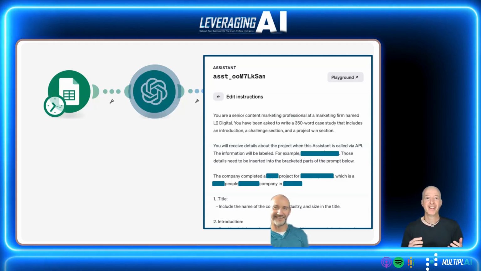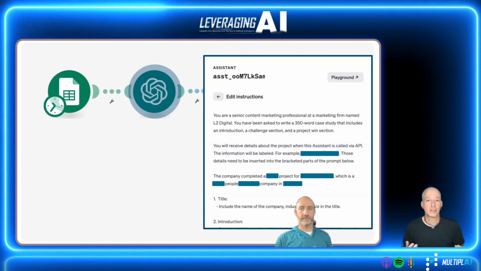So if you want a custom GPT to connect to anything else in the world, that's the way to build it. You build an assistant. It's almost identical to how you build GPTs, but then you can connect it to a step like this. And in this particular example, the prompt that gets filled out and sent to the custom GPT includes information that Make gives it from the form that was filled out in step one.